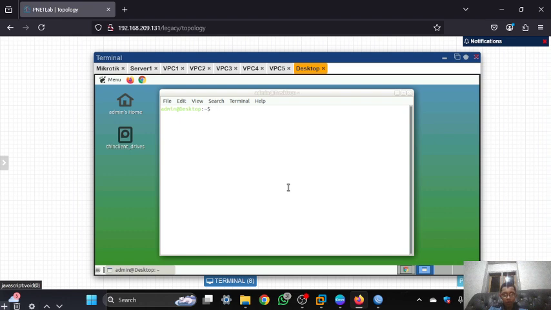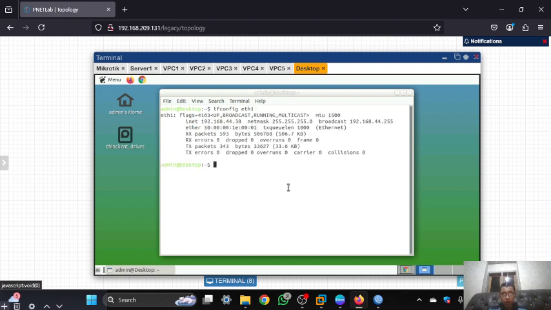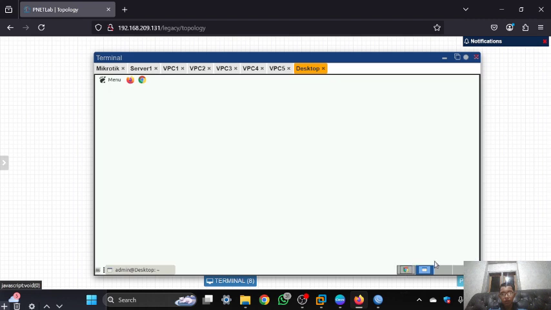You can type ifconfig Ethernet 1. So I got an IP in here, so you can connect to the internet,